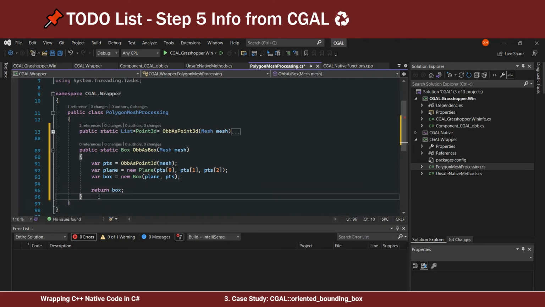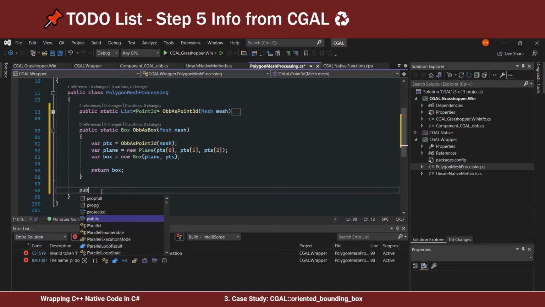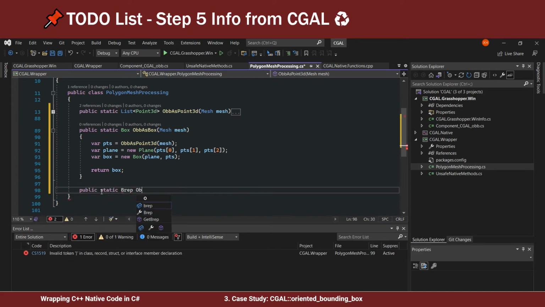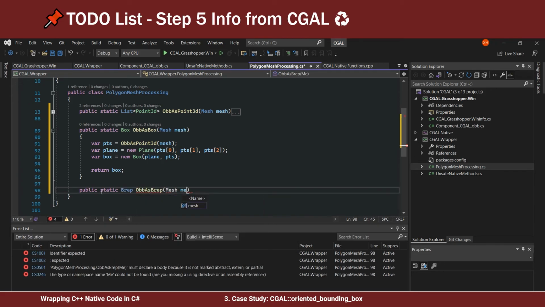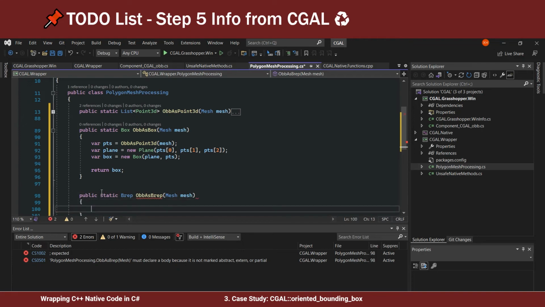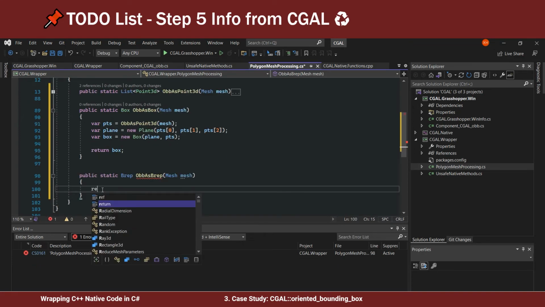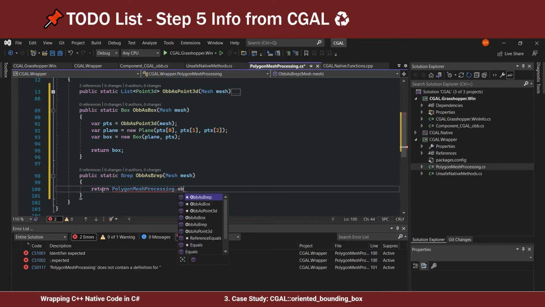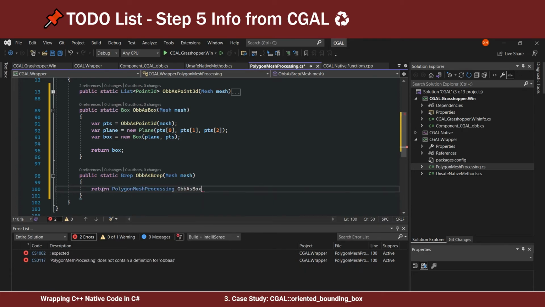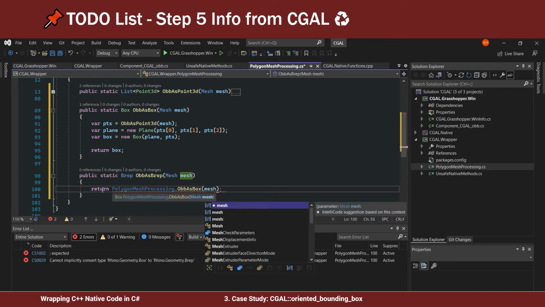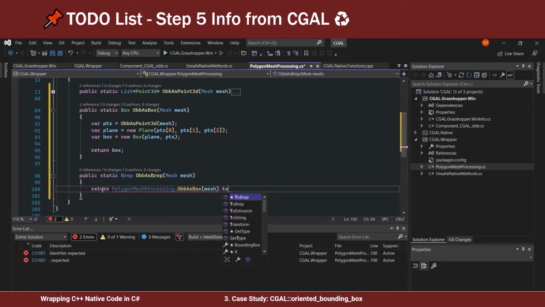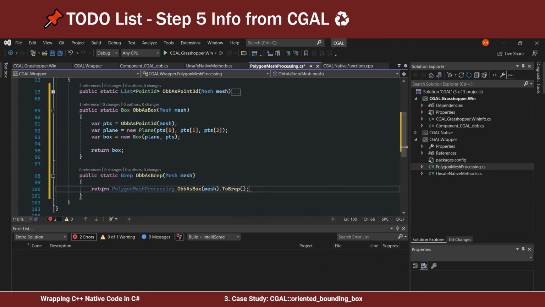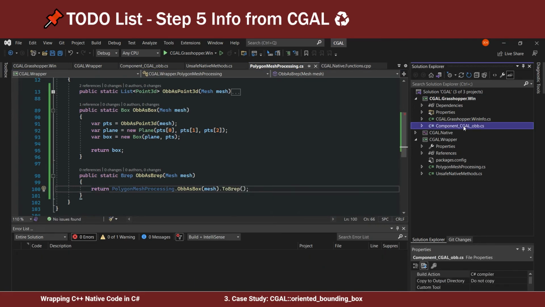Now we can also create a function to return a BREP: public static BREP OBB as BREP. The input is still a mesh. So we can say return polygon mesh processing dot OBB as box. We put the mesh inside. There is a toBREP function of the box. Okay, cool. So we go back to Grasshopper,